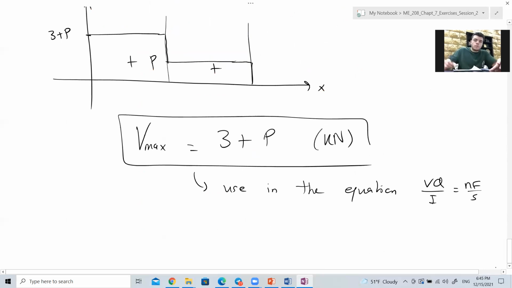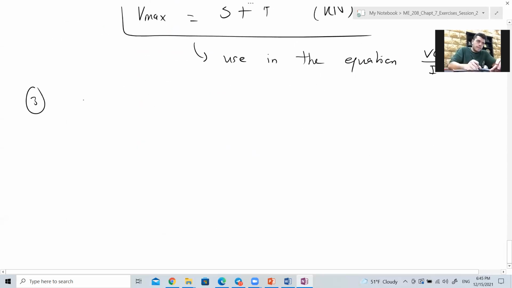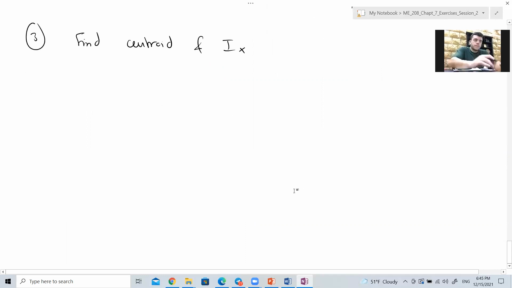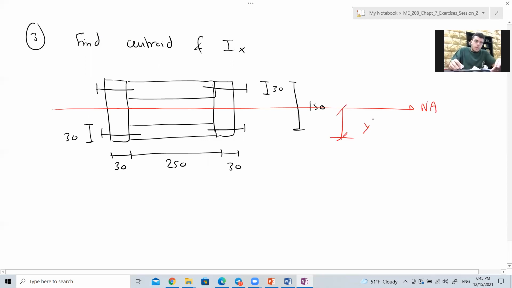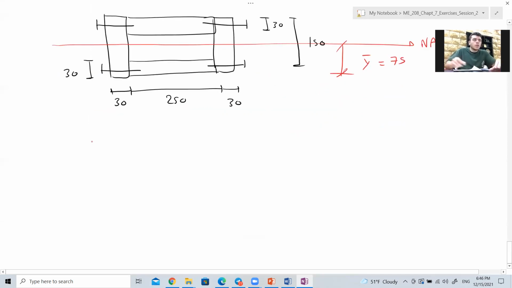So this is step 2. Now step 3: find the centroid and Ix. So let's draw the figure. The centroid will of course be in the middle because it is symmetric. Y bar is 75, which is 150 over 2. And the Ix